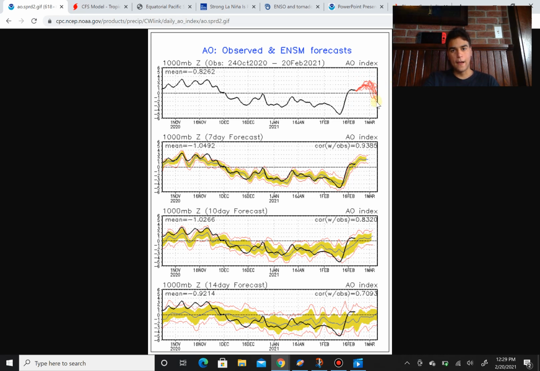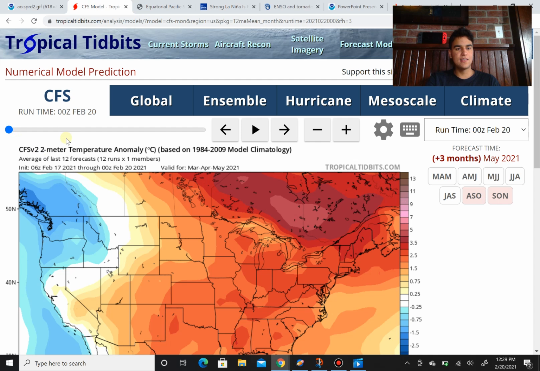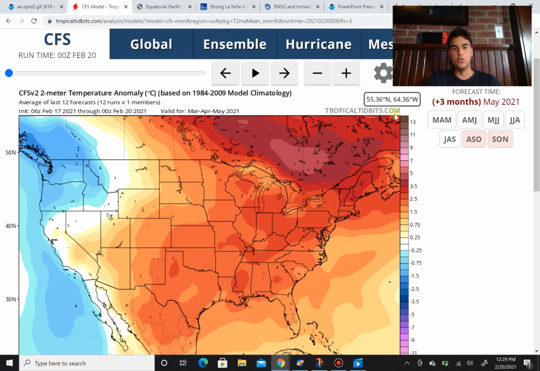And also, I want to point out that the positive Arctic oscillation is mainly going to be here only for the early spring, and then later in spring we could get back to negative, which would enhance the chance of a cooler than average late spring, or maybe increase the chances of severe thunderstorms. However, let's take a look at the CFS computer model, and this is a computer model used to